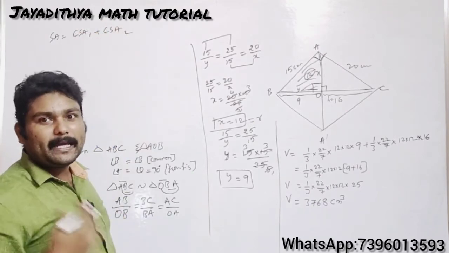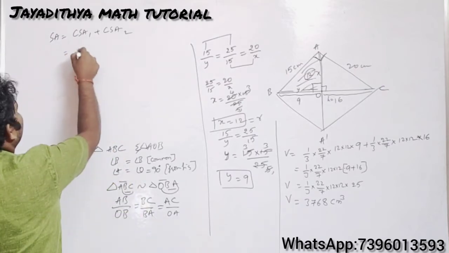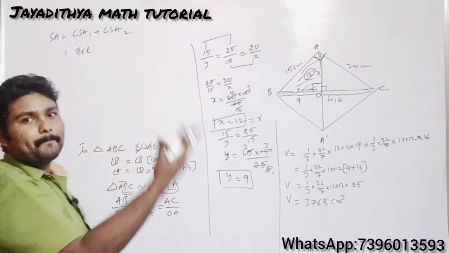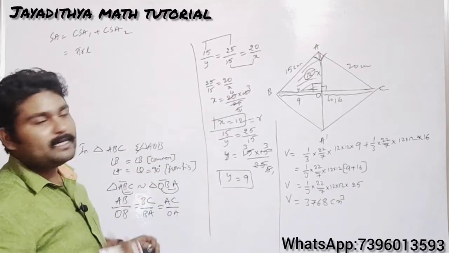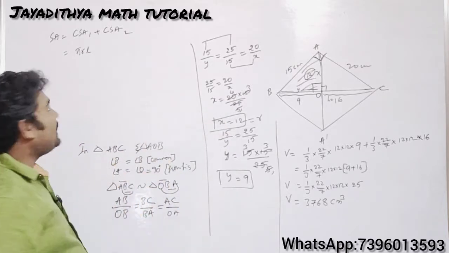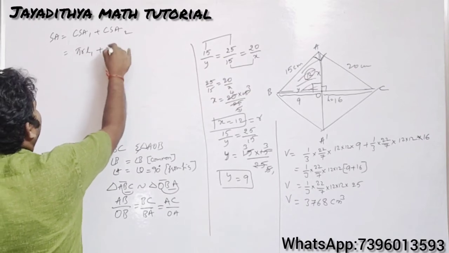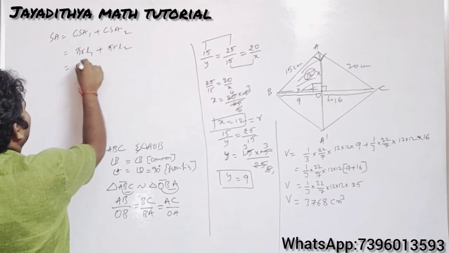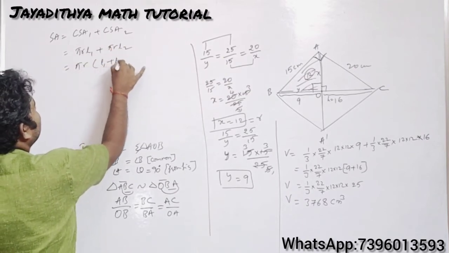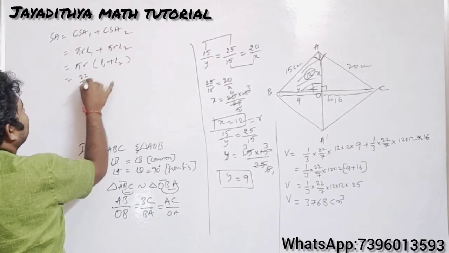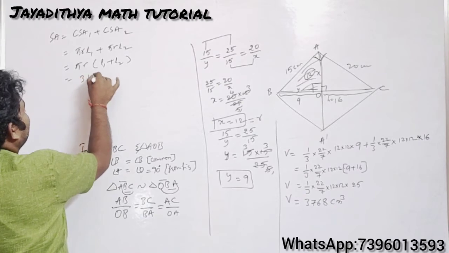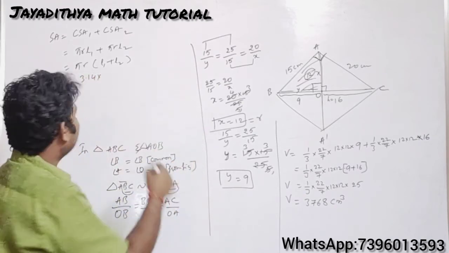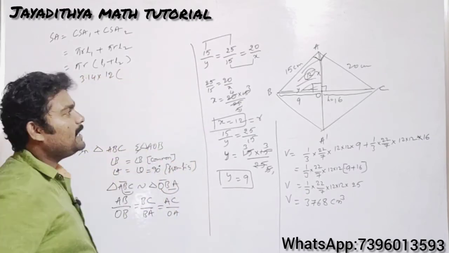So what is the formula here? Pi r l. Right now the formula is pi r l. Here pi is constant and r is also constant, and only the length will be changing. L is nothing but the slant height. So L1, pi r, L2 I am taking here. Take common pi r, and you will be left with L1 plus L2. This is 22 by 7 into r. You can take 3.14 also. 3.14 into what is the radius now? Radius is nothing but 12 in both the cases, and L1 plus L2.